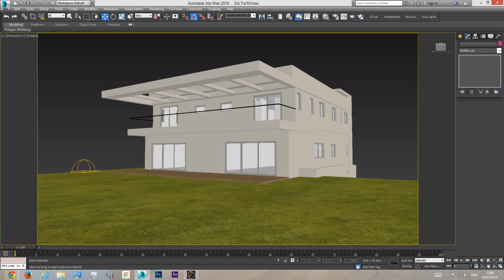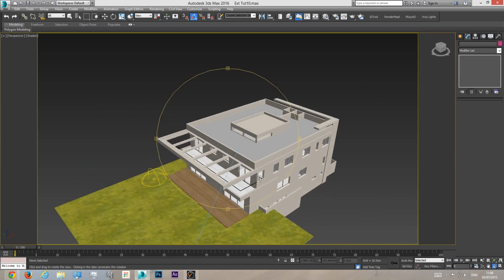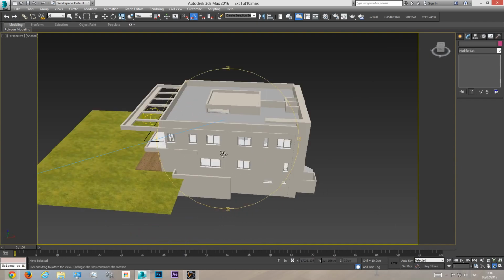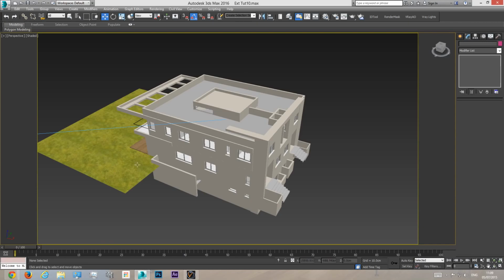So in order for the bounces to bounce correctly, I need a surface that will go in every direction forever. So I need a surface underneath this building, and when light bounces, it will bounce back, because in these areas like here and here, there is nothing, there is no grass and nothing here. So when light hits this area, it just continues down. So we don't have bounces back to the building. So in order to fix this, I'm going to